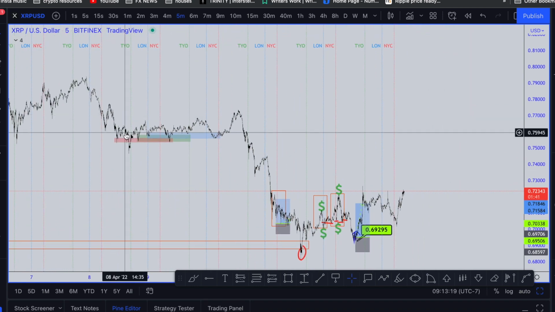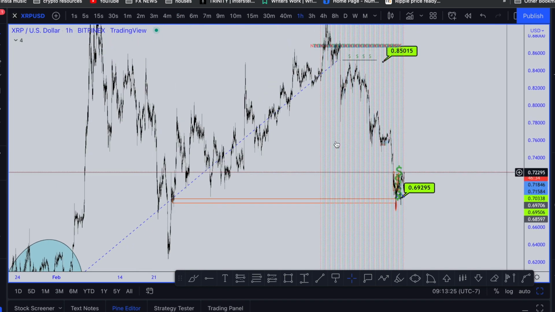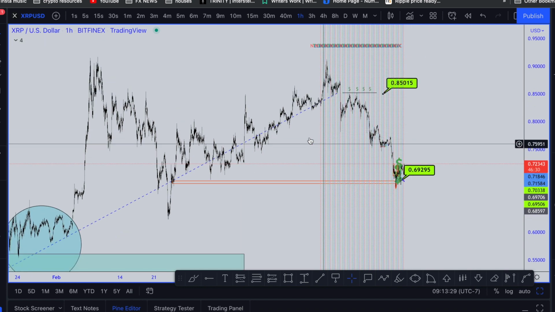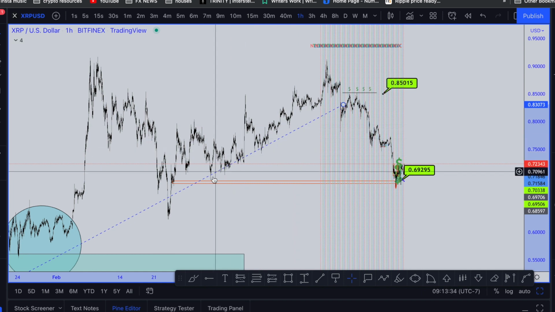As you guys can see, we had a nasty sell-off on XRP from where I had mentioned to you guys that XRP was going to pull back. We'd already talked about this trendline liquidity in previous YouTube videos getting liquidated. Now that has happened. I mentioned to you guys all of these lows right here most likely are going to get liquidated.